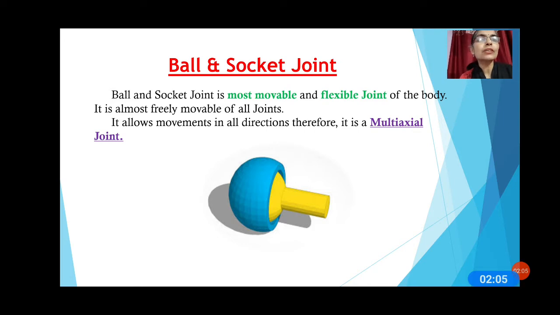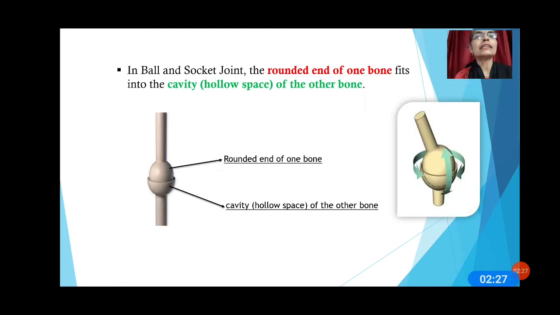Here in this picture you can see one part is like a bowl and another part is representing another bone. So here we can see two bones. The first one is blue in color and the second one is yellow. In a ball and socket joint, the rounded end of one bone fits into the cavity or hollow space of the other bone.